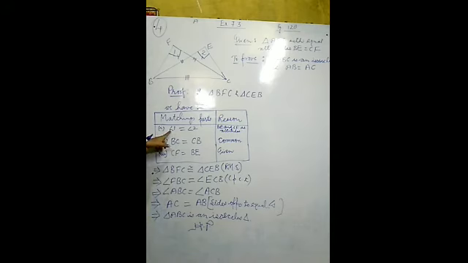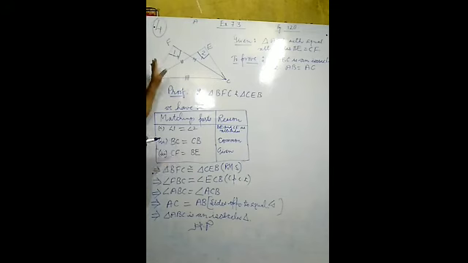What are the matching parts? Angle 1 equals angle 2, that will be equal to 90 degrees because BE and CF both are altitudes. BC equals CB because that one is common. CF equals BE, this information is already given. Both the altitudes of triangle ABC are equal here. On the basis of right angle, hypotenuse and one of the sides, both the triangles are congruent, and I have noted it down.